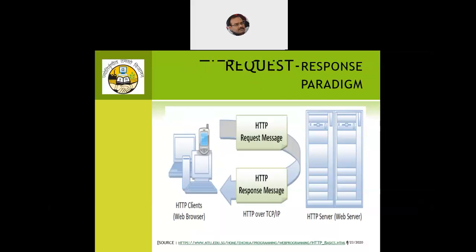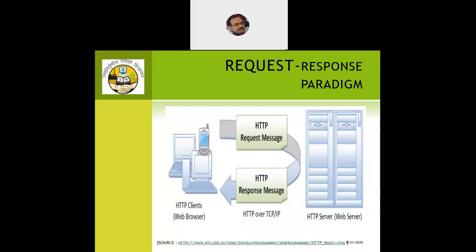Now, if the communication has to be performed between the client and the server, how will it take place? In web technologies, we have something called the request-response paradigm. So we'll have the client on the left-hand side and the server on the right-hand side, and they will communicate with a set of request and response messages. The client will generate a request and forward it to the server. Then the server will process that request and see what the client is actually looking for. The server will generate a response and send it back to the client machine. So that is what we call the request-response paradigm.